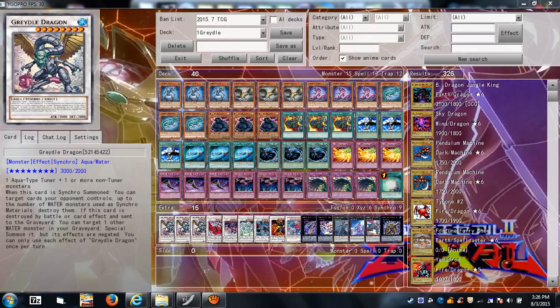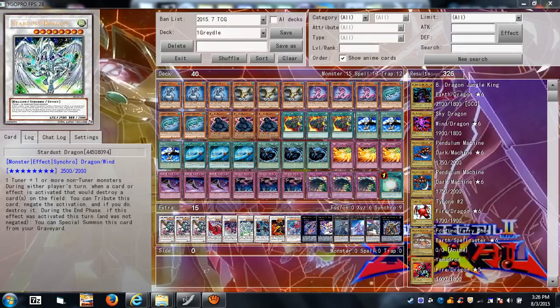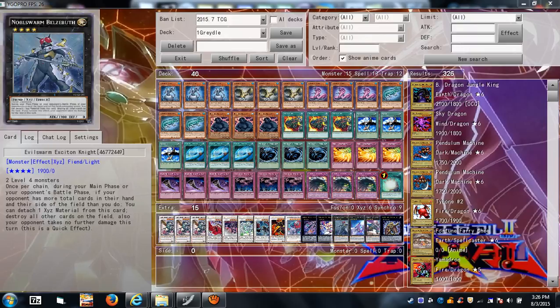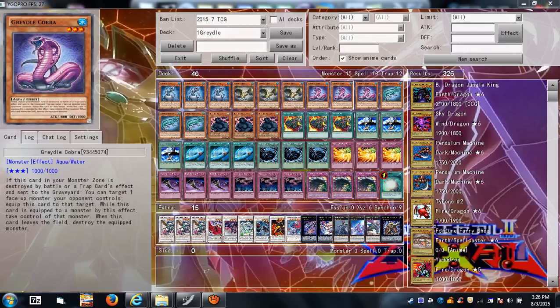Especially if for some reason there's something that prevents my Gridle Dragon from using his ability, at least I have a backup. I have Scrap Dragon. Then I got Stardust Dragon, good for preventing destruction effects. So it's good to use this against him, for example, against Black Rose, against Exton, against Torrential Tribute, things of that nature. Especially it's good against MST,